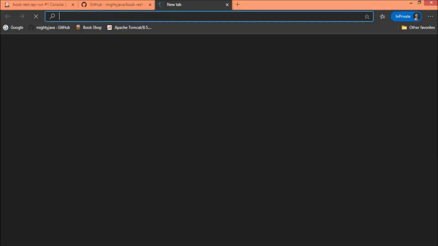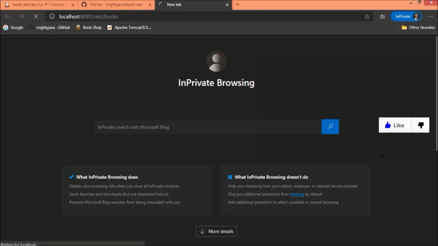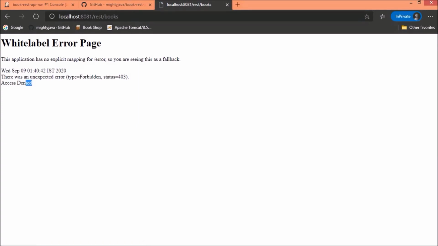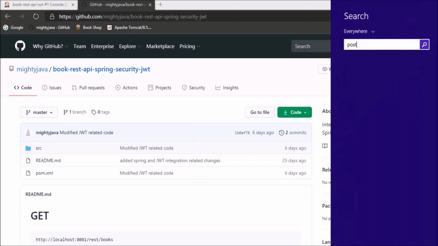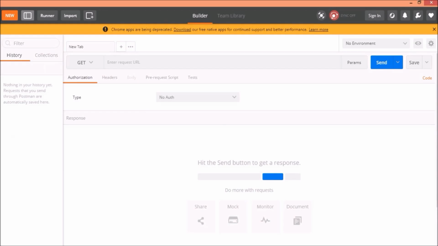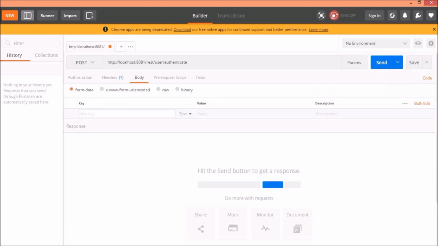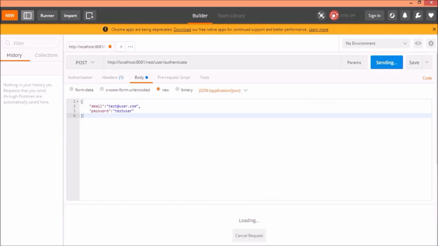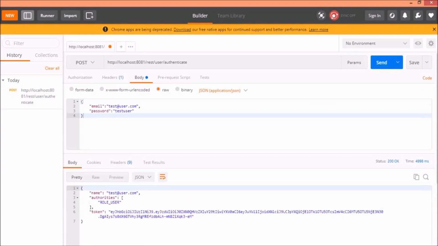If you are aware of the code which we implemented for this project, see it is not allowing access to this URL directly and it is giving the access denied error. Let's open Postman. First, let's create a token using the user authenticate request. See, token created.